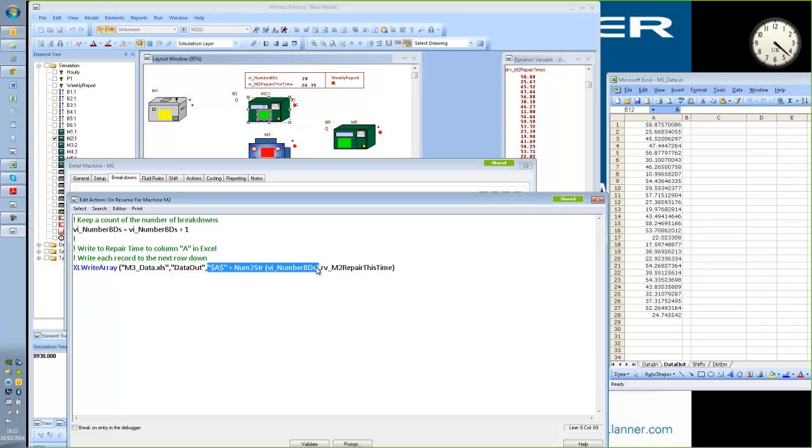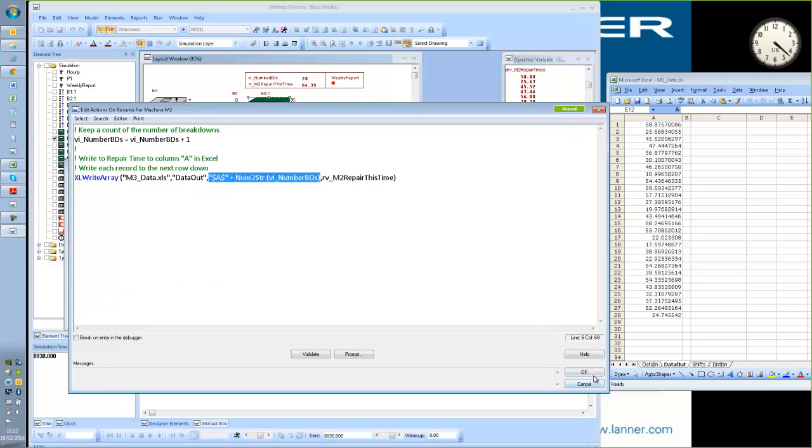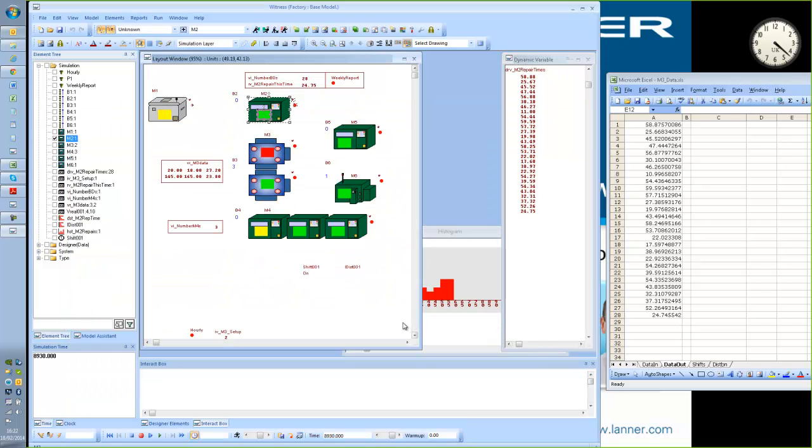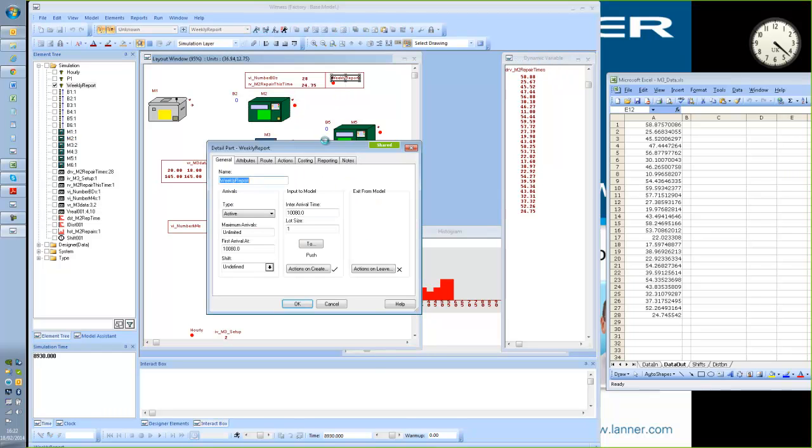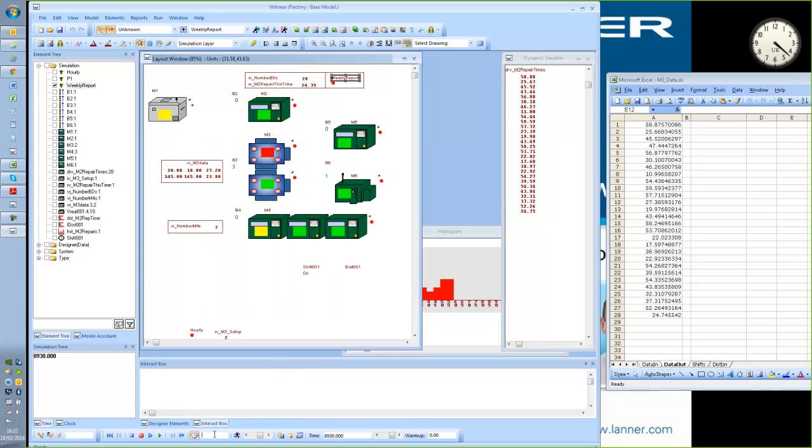So this is writing out a repair whilst the model is running, but I also have another stage. I have the model set to run to a defined end time. I'll just check what that is. It's 1 week. So if I run the model up to just ahead of 1 week and set it running to stop,